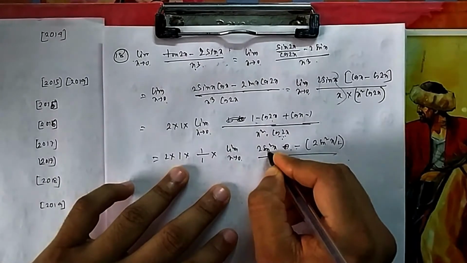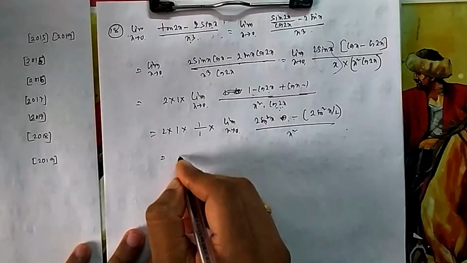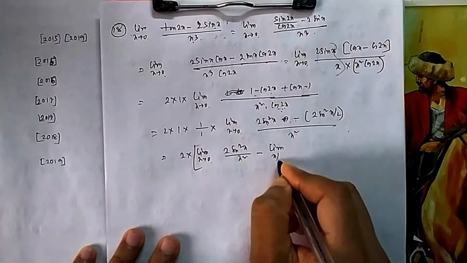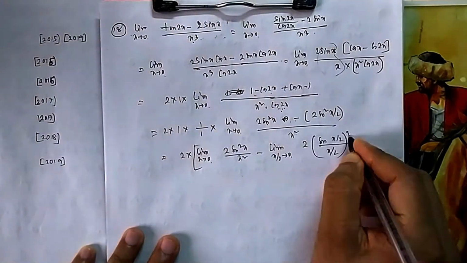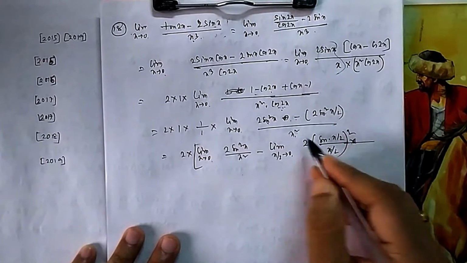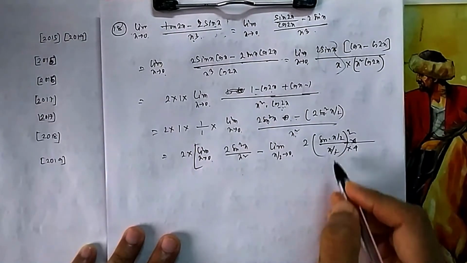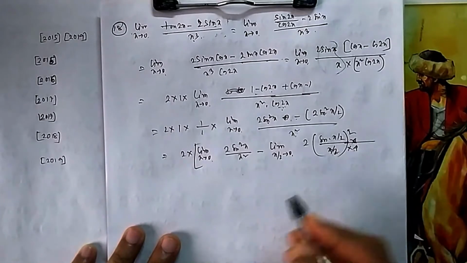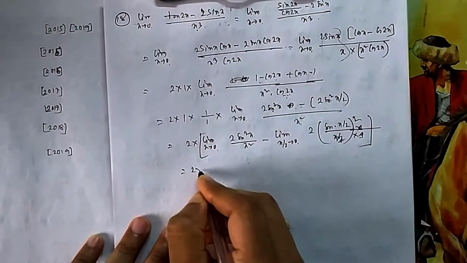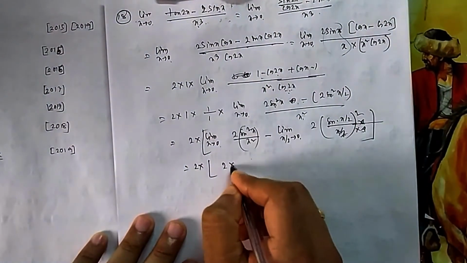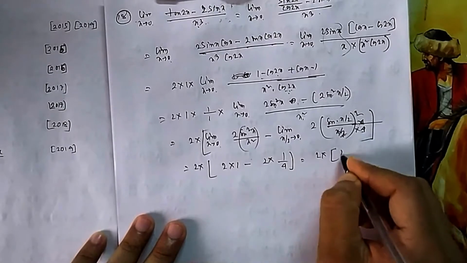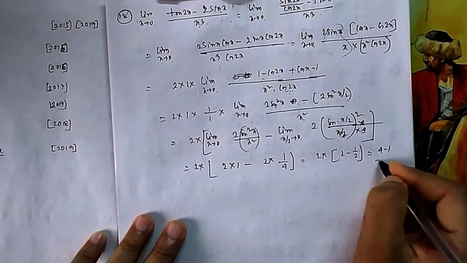Because now 2 sin is there, 2 sin is there, so I can use this x square. It will be 2 into limit x tends to 0, and if I segregate it into two parts, I am writing x by 2 tends to 0, because here it will be x by 2. Again you can see how many extra you have given. This is sin square, and only x square is okay, but this 2 is extra, so this 4 is required, because 2 2s are 4 you have given extra here, and then in the denominator 4 will get cancelled. Now if you check this one, this is 1, so 2 into 1 minus 2 into 1 by 4. So 2 into 2 minus half, that is 4 minus 1, that is 3.